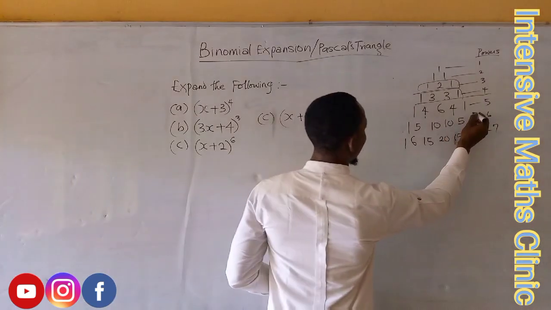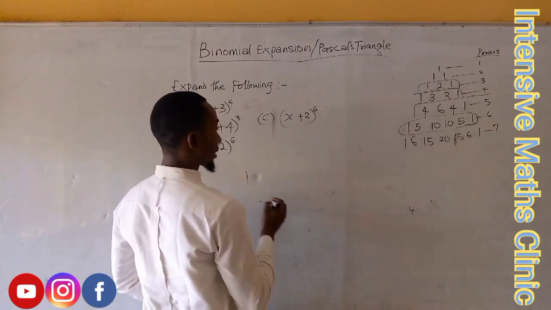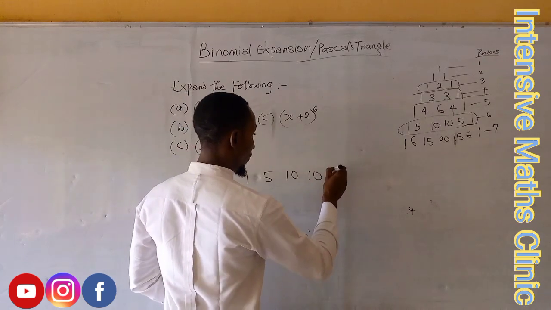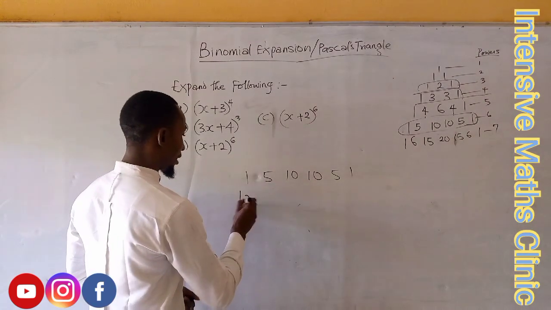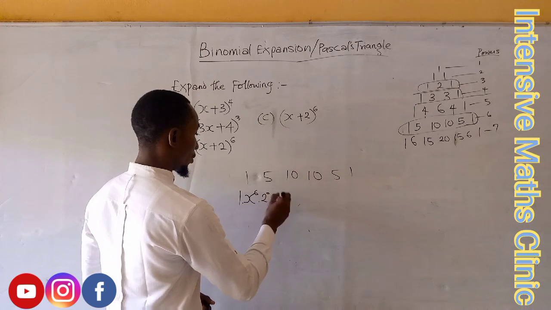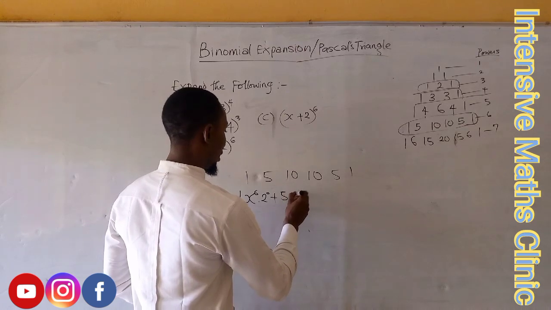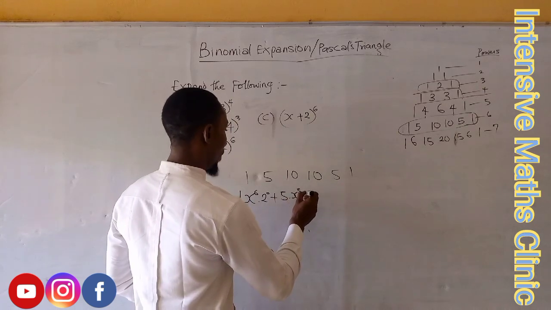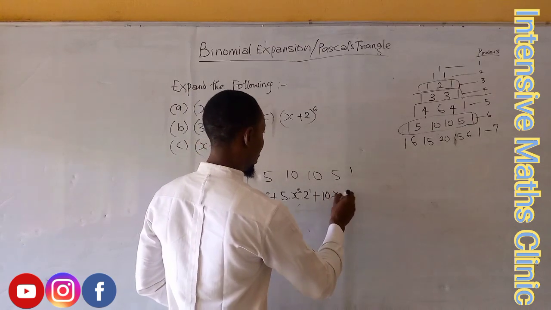So the power here, we will get our 6 here. So bring out the numbers under the power of 6 from Pascal triangle. 1, 5, 10, 10, 5, 1. So from here we are going to say 1 multiplied by x raised to the power of 6 multiplied by 2 raised to the power of 0 plus 5 multiplied by x raised to the power of 5 multiplied by 2 raised to the power of 1 plus 10 multiplied by